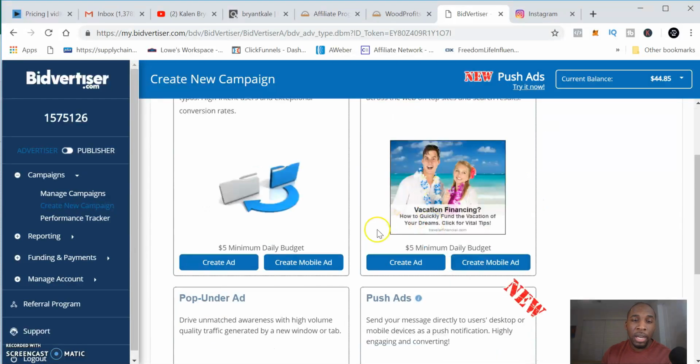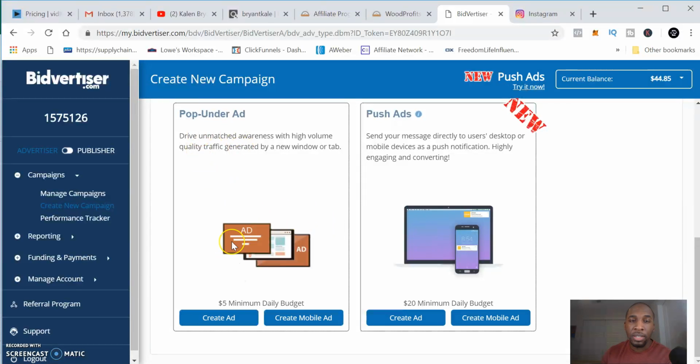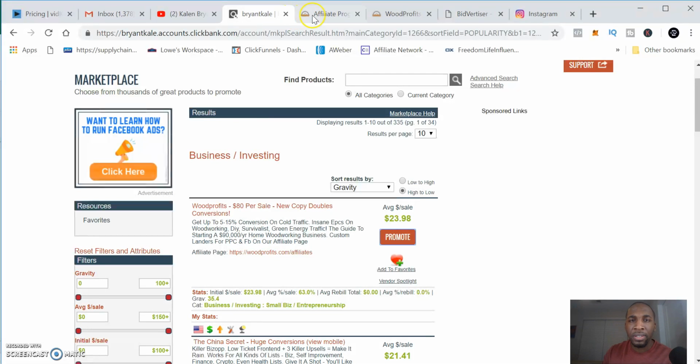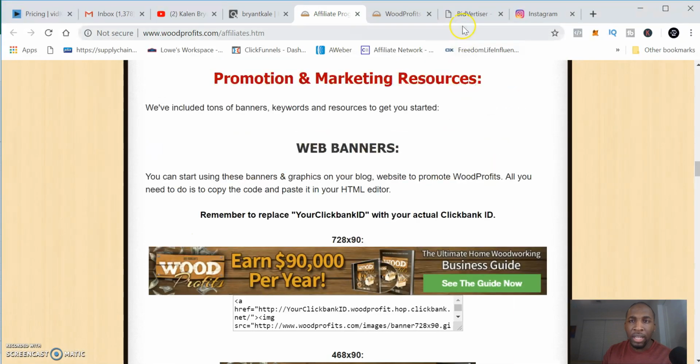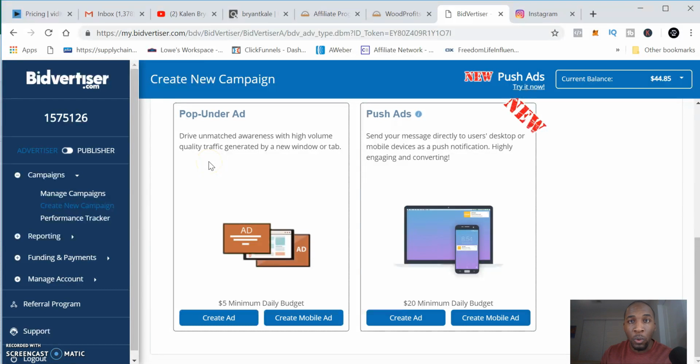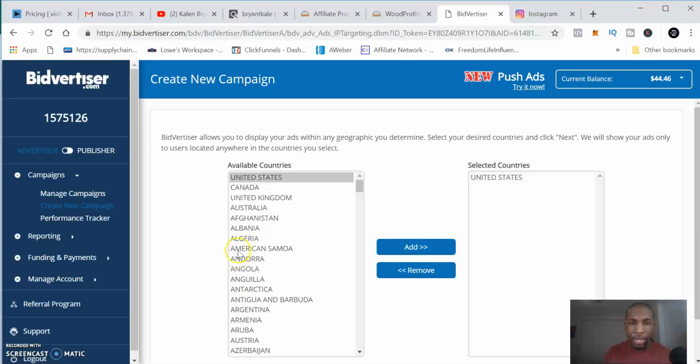Okay, so I usually do pop-under ads. This is an ad basically that pops up when someone visits a site. So if they're visiting a site about our product, Wood Profits, or woodworking, then this site might pop up before they get onto the regular site. Okay, and they see this great product that will solve all their problems and purchase the product through your link, you get a commission. Okay, so let's say we're going to use pop-under, create the ad,